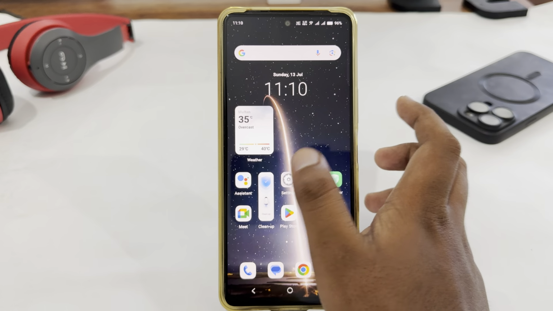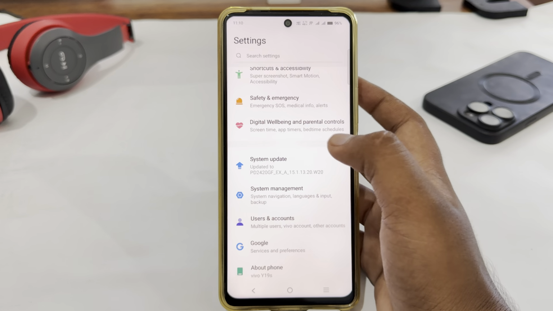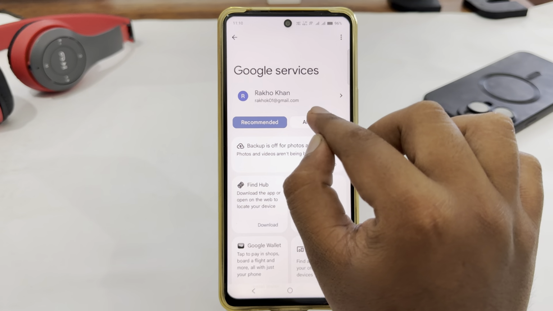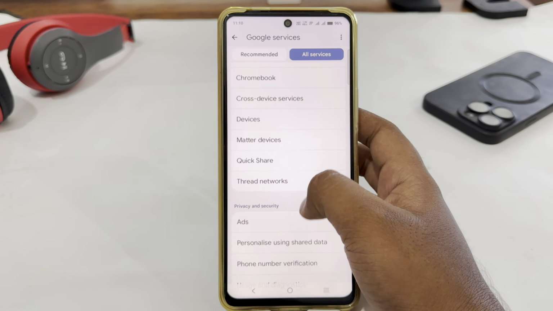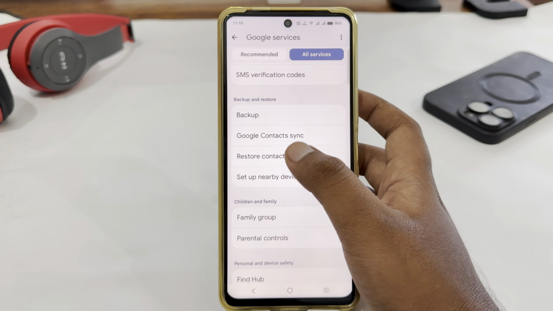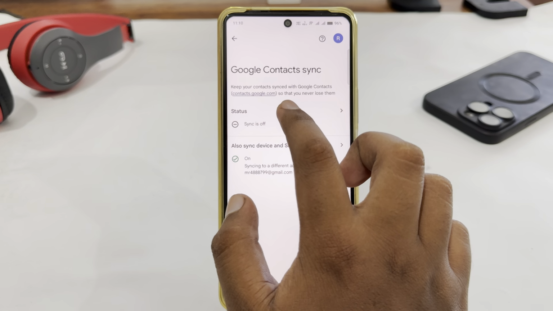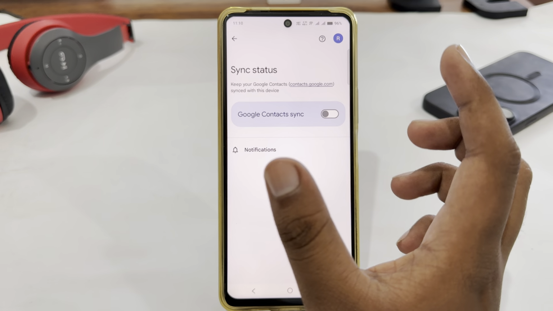First, you have to open your phone settings. In phone settings, just scroll down to the end, and here you will get the settings of Google. Just tap on it, then select all services, and here look for Google Contact Sync. Just look for this, and here's the option. Just select it, and here tap on status, and here you can see Google Contact Sync is turned off or